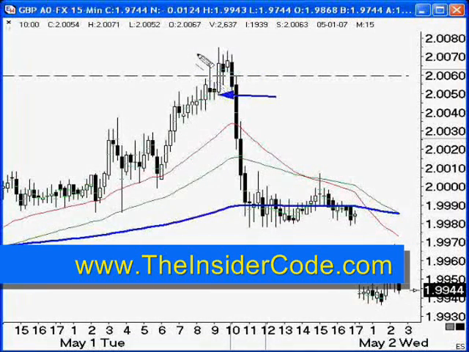As the market is pushing up, here's the first bar that closes above our prior weekly high. At this point, we're going to start counting backwards. 1, 2, 3. So once that bar closes, remember this is a 15-minute bar here, this is the level that we're looking at for the